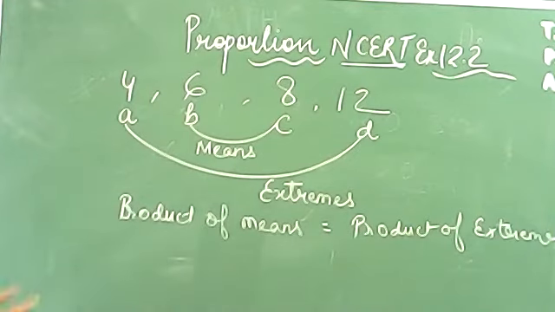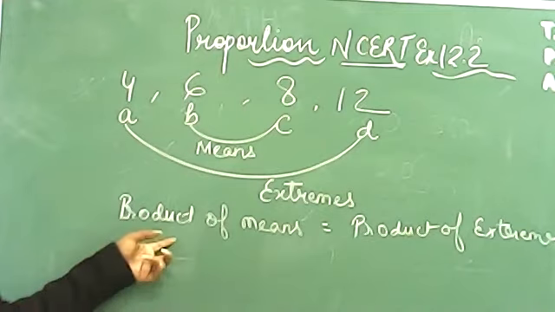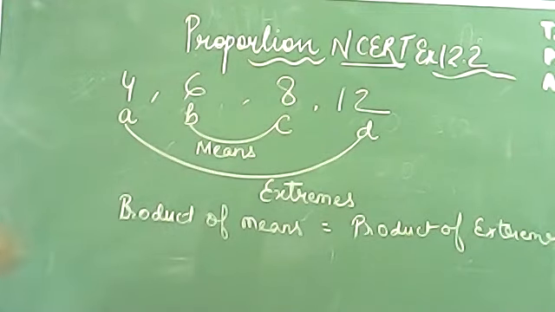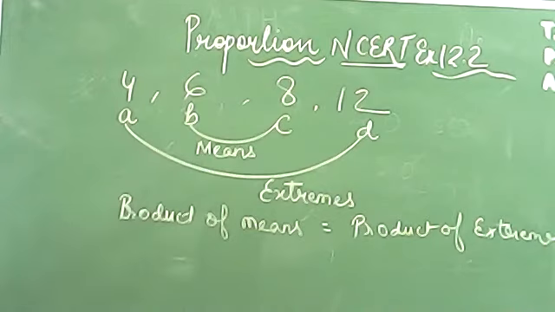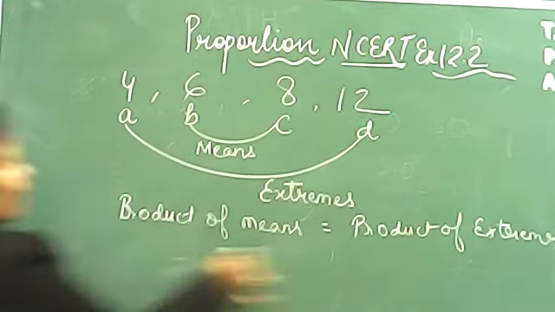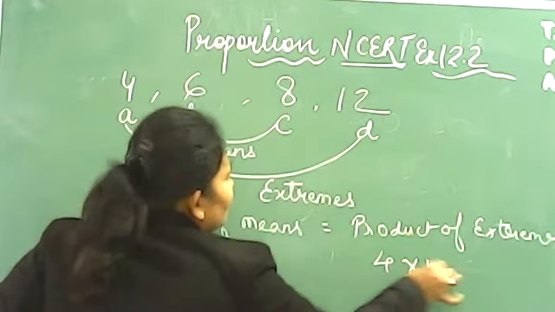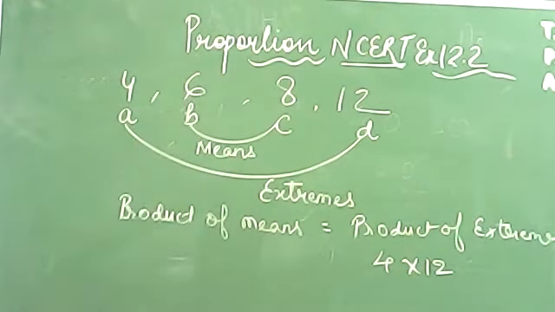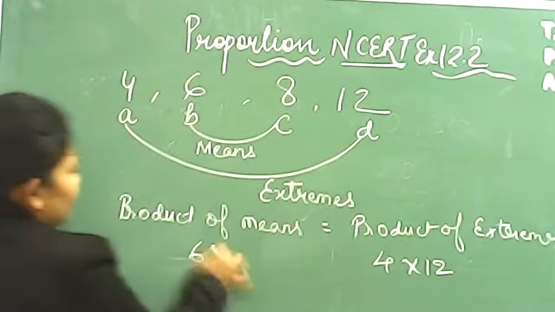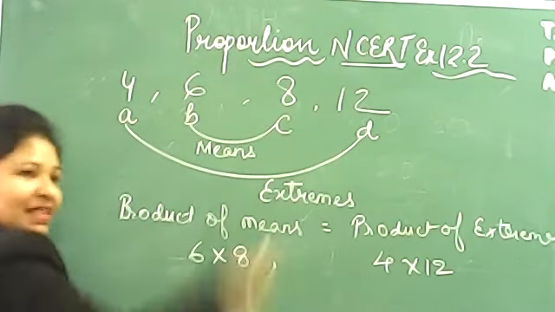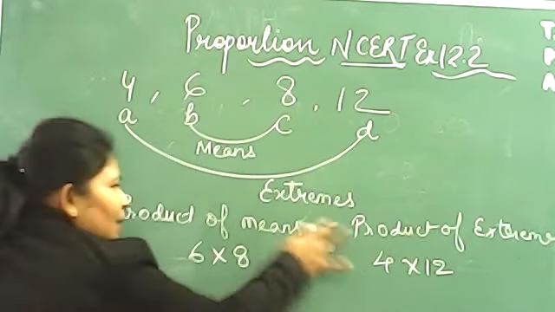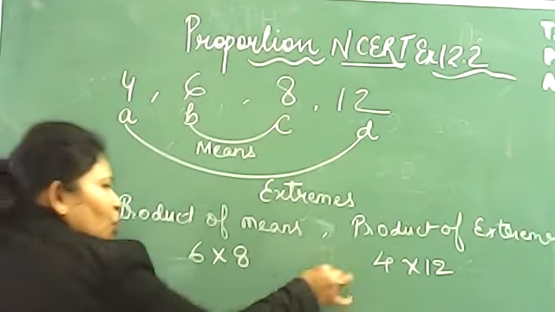Fine. Remember, product of mean and product of extreme will always be equal if they are in proportion. If they are not in proportion, it will not come equal. ठीक है? जैसे अभी मैंने आपको बताया था, proportion का साइन तब आएगा जब they are equal, and if they are not equal, they are not in proportion. ठीक है? Now let's understand what are extreme in this. 4 and 12. So 4 and 12. What are means in this? 6 and 8. Okay, 6 and 8. Do not put equal sign before you solve. पहले से equal मत लगा के चलना, है ना? ये हमने हटा दिया. Now let's have comma only.